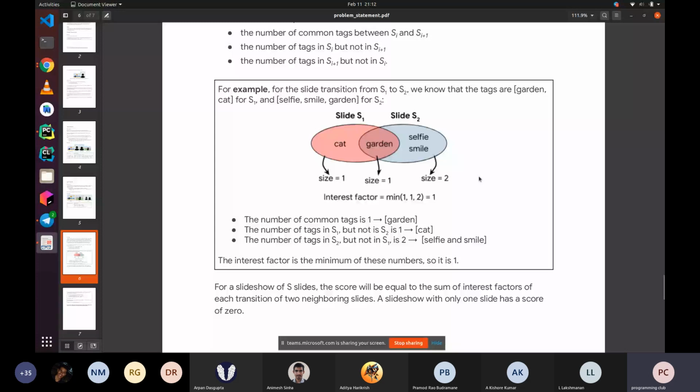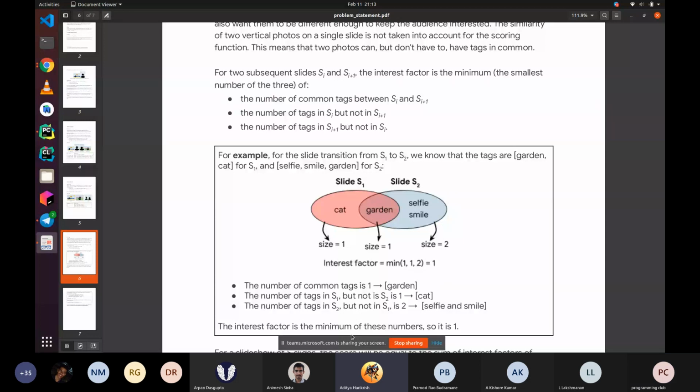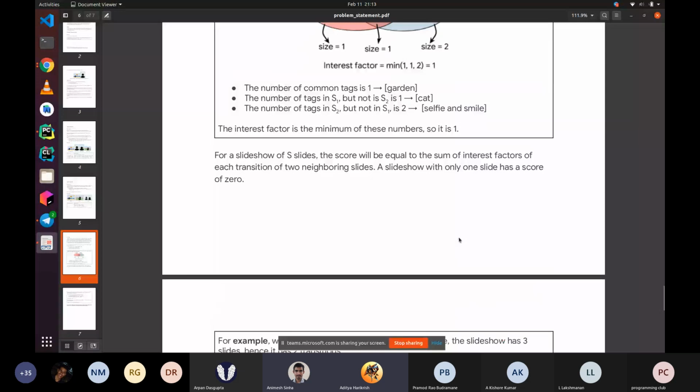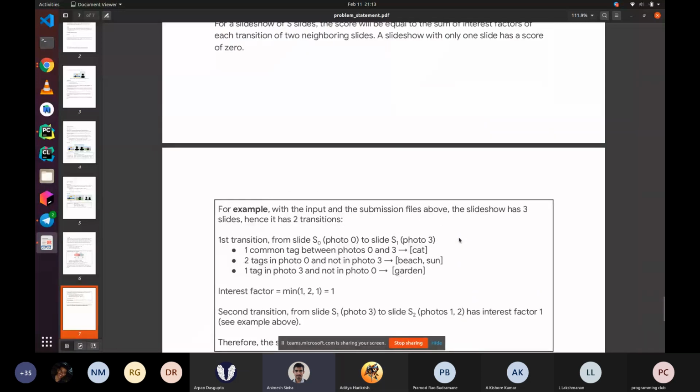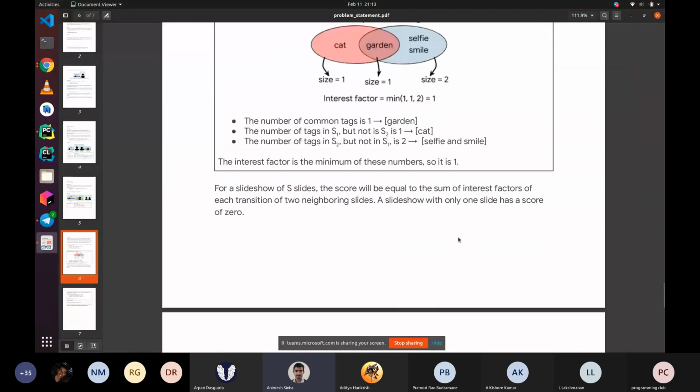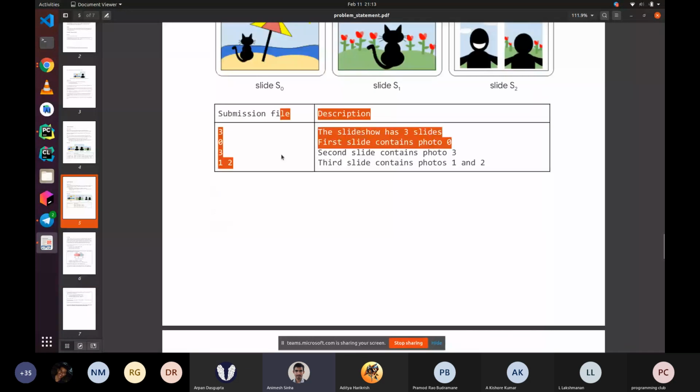How can we change the input? Like, what are we allowed to do to the input to get our answer? You are outputting the order of slides, right? Essentially, I told you the score between the first slide and the second slide, the second and the third. But which slide is the first and which slide is the second? You are allowed to reorder these slides essentially. You are asked to give a permutation.